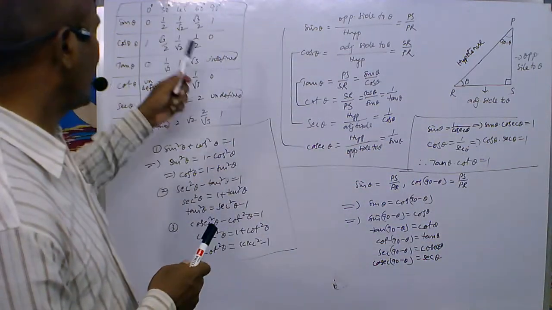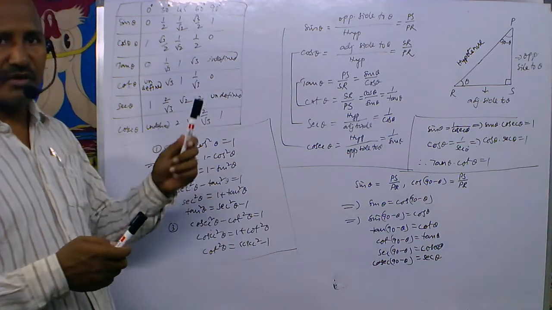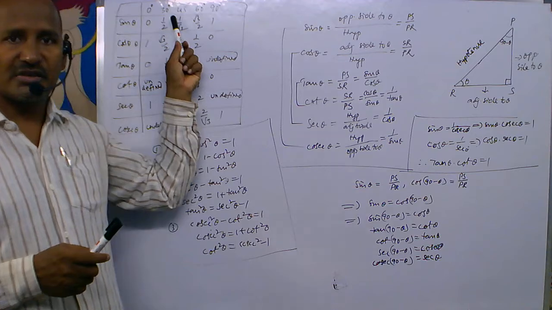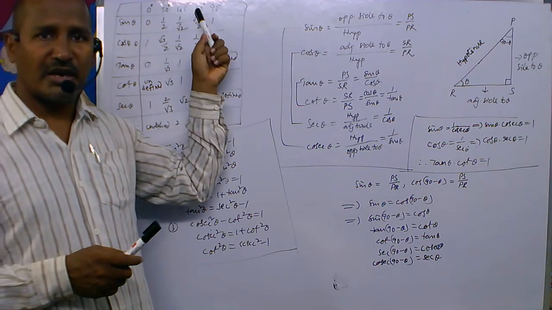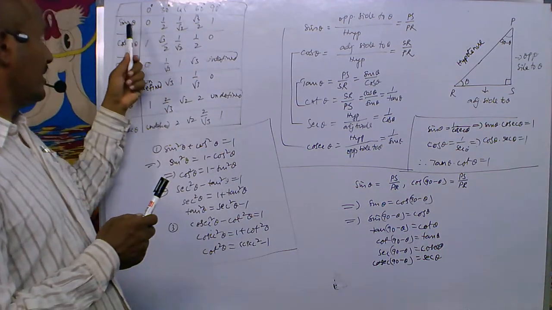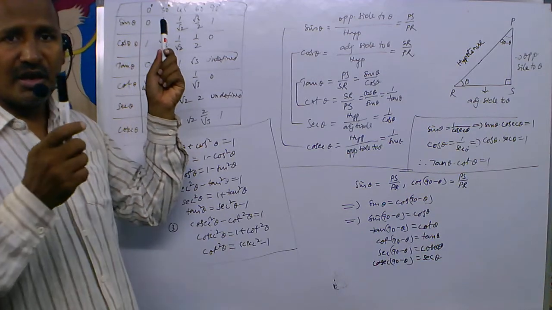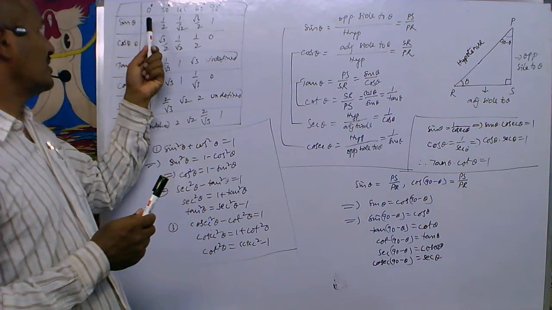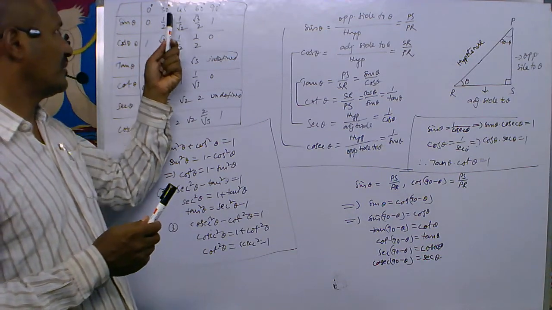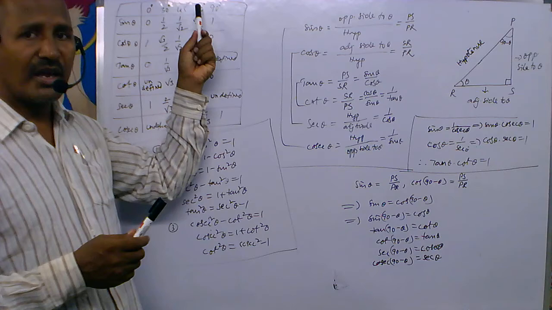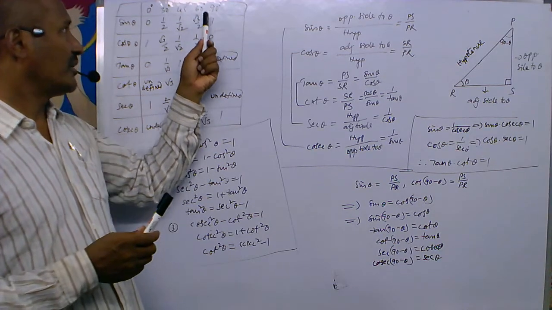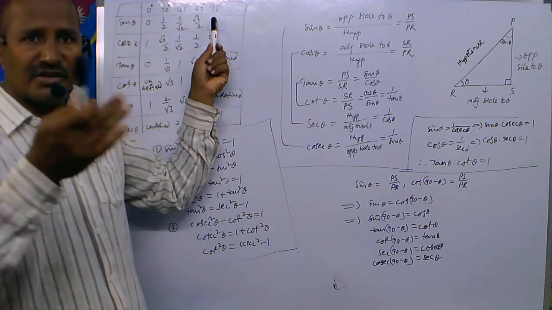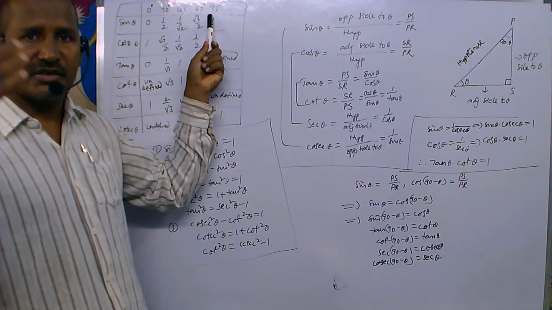Now let us come to the values of trigonometric ratios for standard angles, that is 0 degrees, 30 degrees, 45 degrees, 60 degrees and 90 degrees. Here theta is an angle lying between 0 degrees and 90 degrees, including both. Now here sin 0 degrees is 0, sin 30 is 1 by 2, sin 45 degrees is 1 by root 2, sin 60 degrees is root 3 by 2, sin 90 degrees is 1. The derivation of these values is not necessary now. If you want, let us discuss them later.